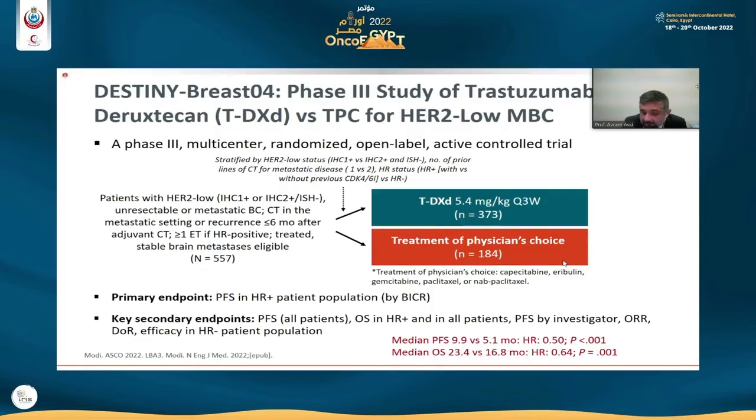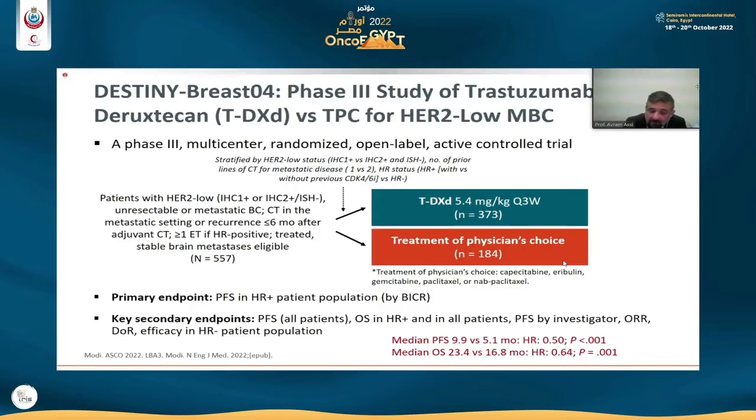The metastatic setting may be second line and beyond, or it may involve patients who were treated for adjuvant breast cancer but progressed within 6 months of completing adjuvant therapy. This approval is based on this trial, which is a randomized, multi-center, open-label clinical trial that enrolled